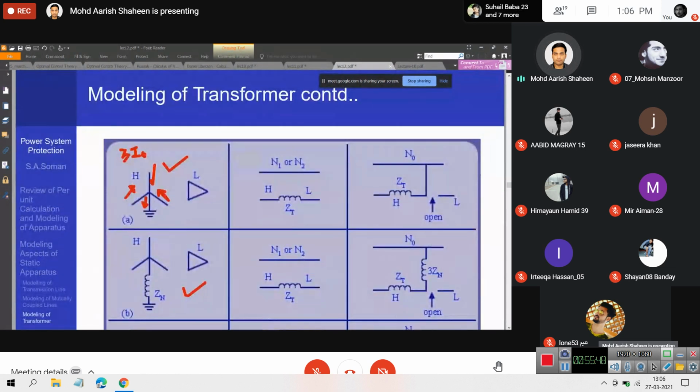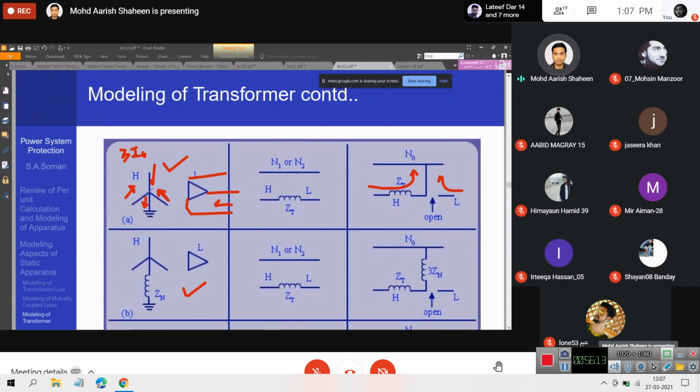So यहाँ पर वही दिखाया गया है. अगर आप इस वाले नेटवर्क को देखोगे, look at it from the Y network side, Y के side पे zero sequence current के लिए path available है. On the other hand, if I look at it from the delta side, there is no path available for the zero sequence, because आप यहाँ देखो, this is A, B and C, तीनों की तीनों अगर incoming होगी, outgoing तो path ही available नहीं है.